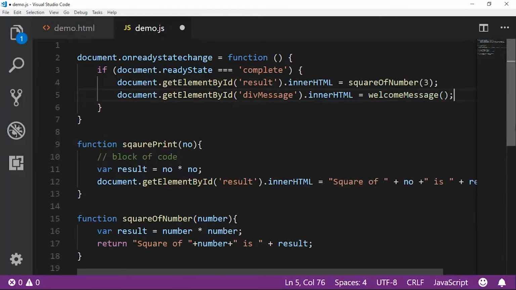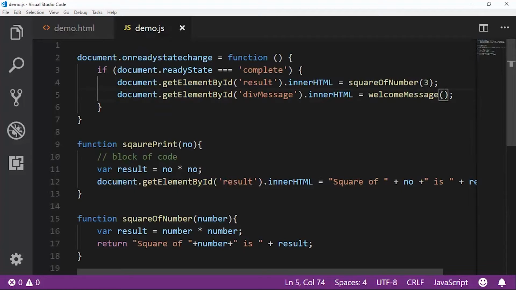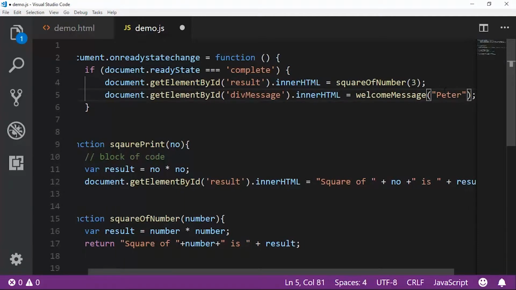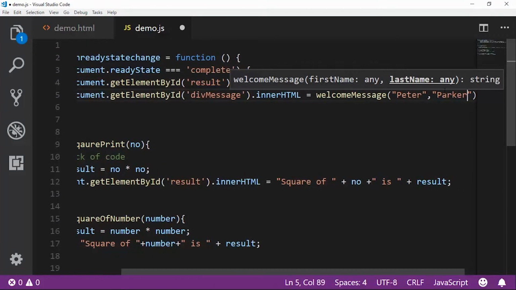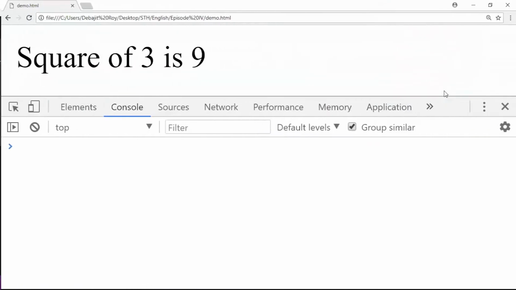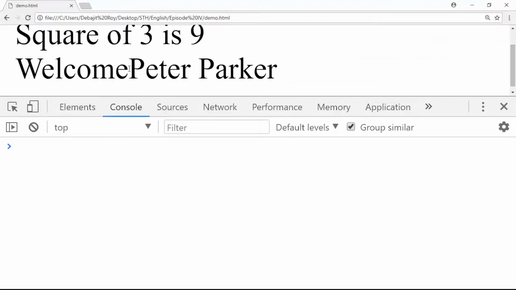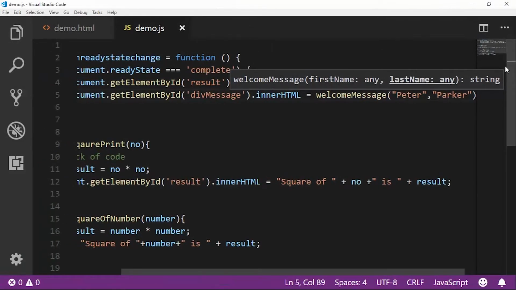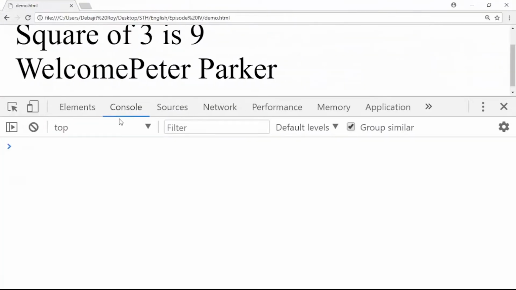Okay, we need to pass some values, first name and last name. Here we can also add welcome. The first name is Peter and the last name is Parker. Okay, let's go to the browser, hit it, see welcome. Oops, we need a space here, right? For that, go to the code and add a space. Okay, so refresh it. Yes,